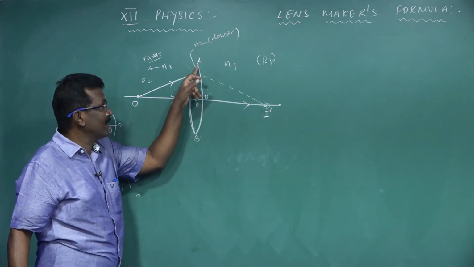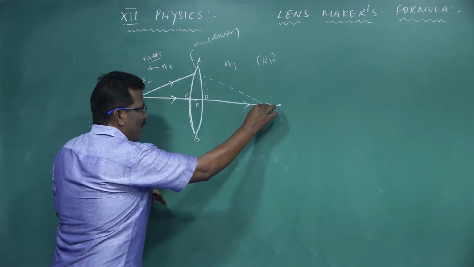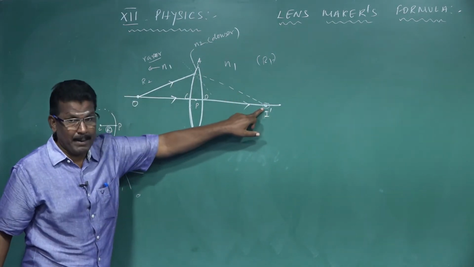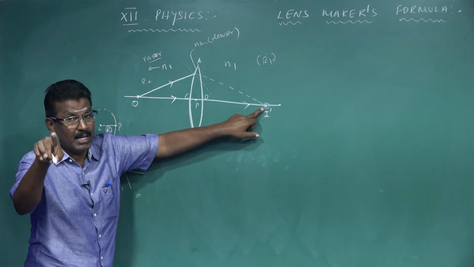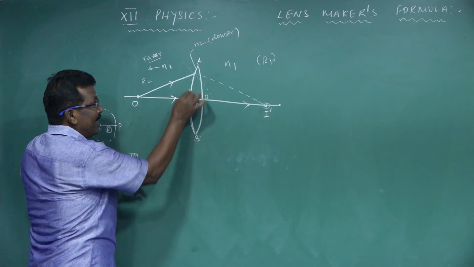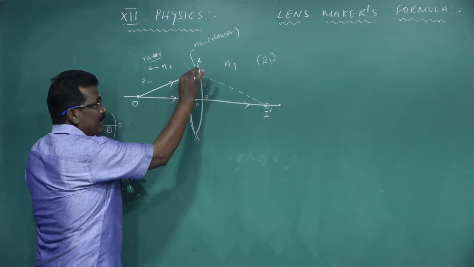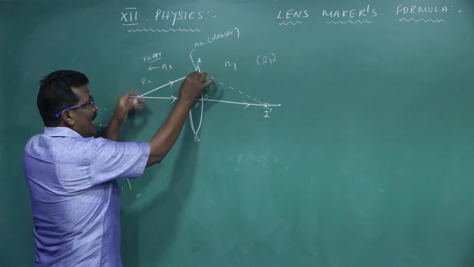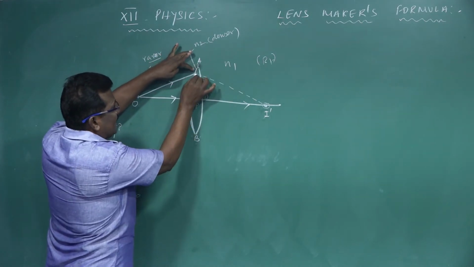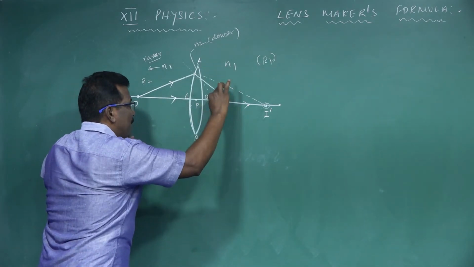But we have one more surface, ADB. The image was going to be formed at I prime, but it could not be formed. Why? Because the ray coming from ACB is incident on ADB, going from a denser medium to a rarer medium. After incidence from ACB to ADB, the final image is formed at point I.